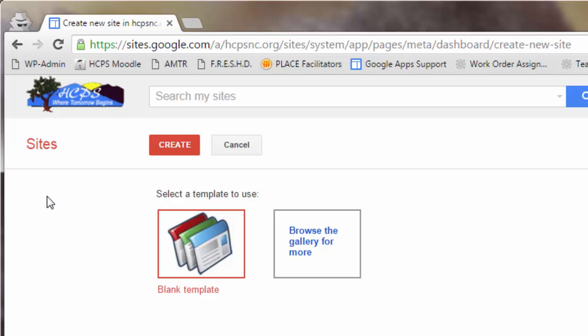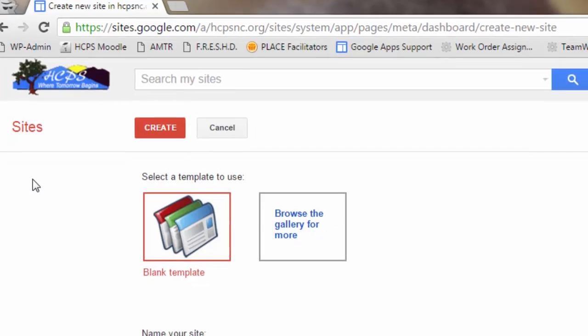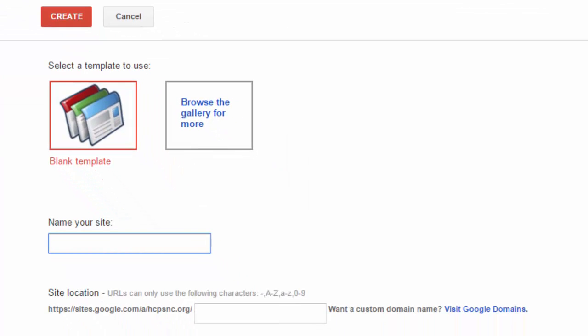Now, let's stop here and let's talk about templates. Templates are helpful to some who have more web experience perhaps than others, but templates are available in all sorts of formats. They come with preset pages, preset links, and some people find these easier if they've had any web experience before. But what I'm going to take us through today is using a blank template